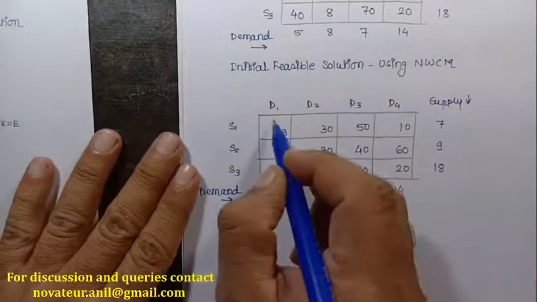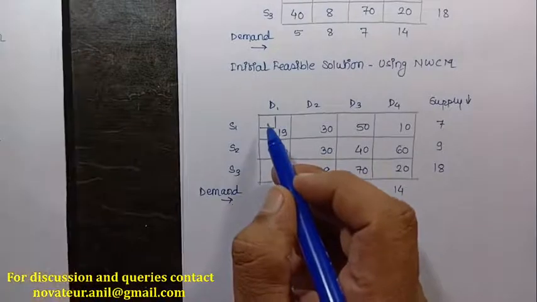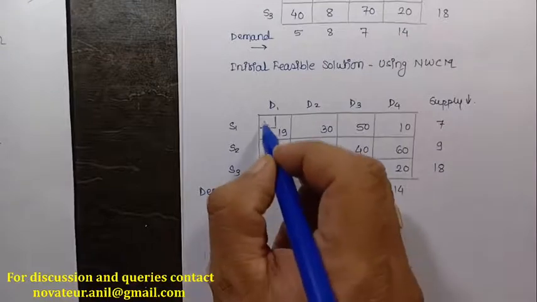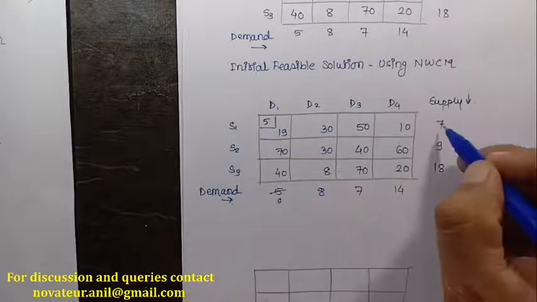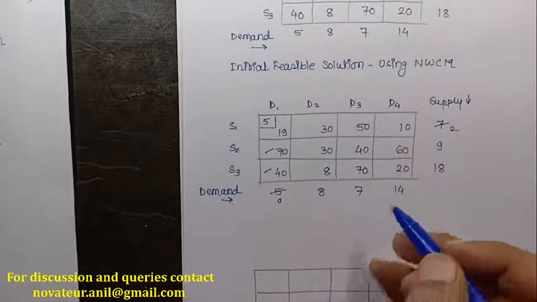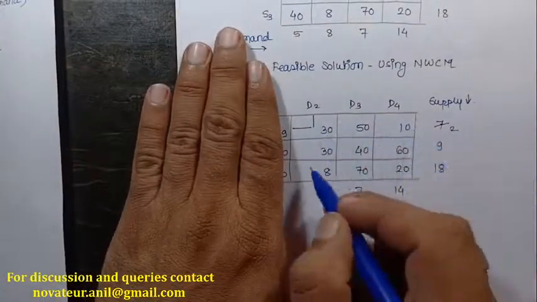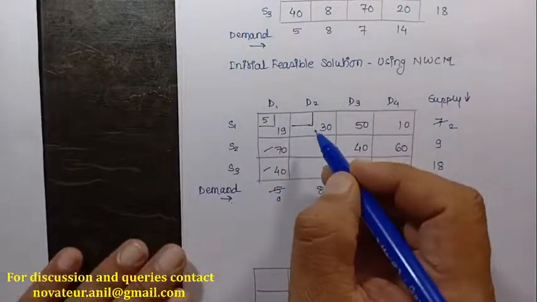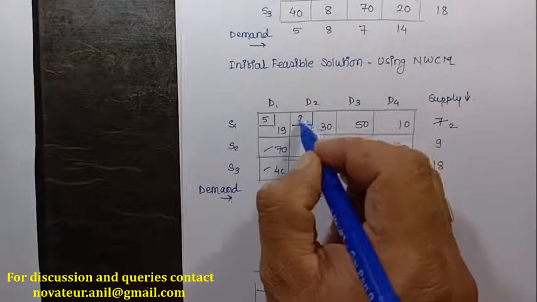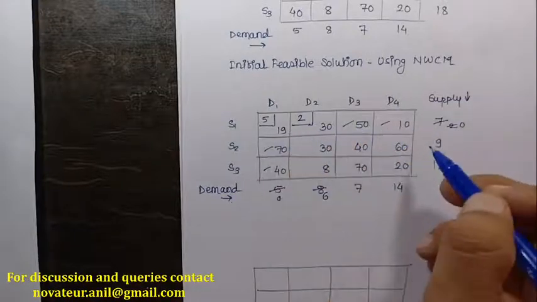In the northwest corner method, I select the northwest corner, that is column 1 row 1, and assign the minimum of supply and demand, that is 5. So 5 becomes 0 and the remaining is 2, and this particular column is not going to participate further. This becomes my new matrix. With this as my northwest corner, I assign the minimum of supply and demand, that is 2, so this becomes 0 and the remaining is 6. Further, this is 0, so the row side will be 0.